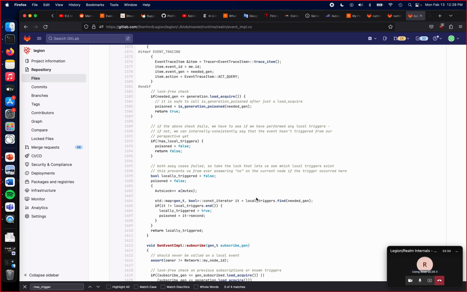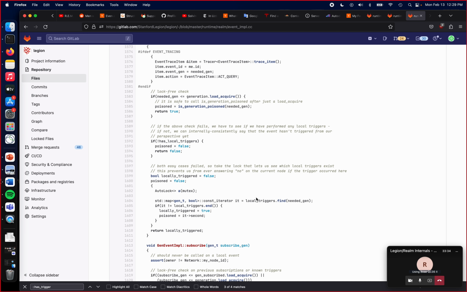Okay, let's take a quick look at what happens in the case where we're not on our local node. Remember, the first thing that we did was check if we're on our local node, in which case we can do the trigger here and then send out notifications. But if we got this trigger method on a remote node, we need to do something different. So the first thing that we have to do is check to see if we're doing this trigger,